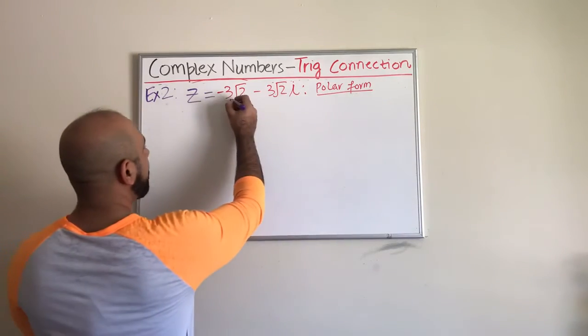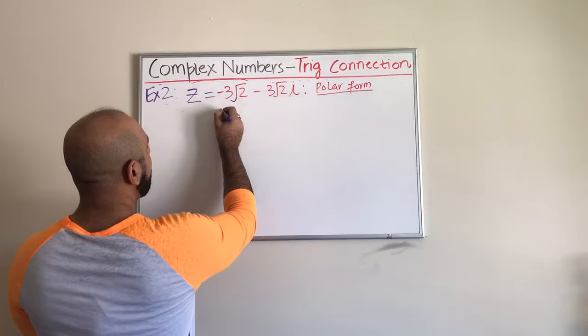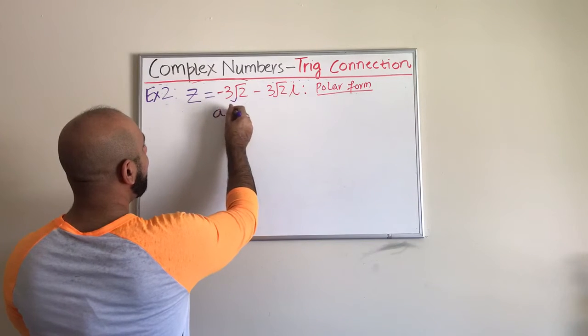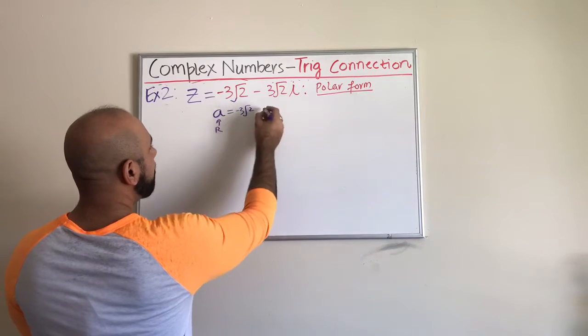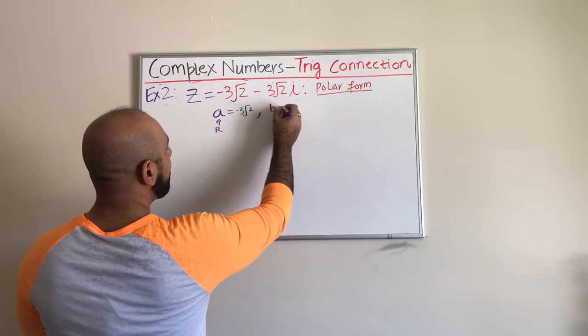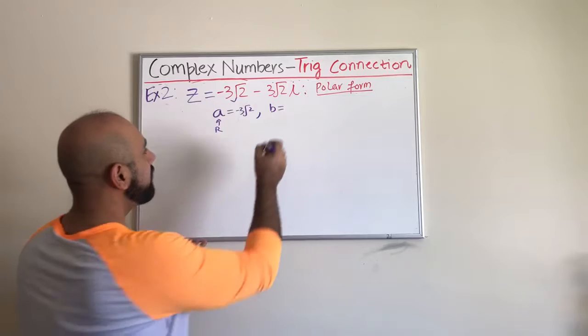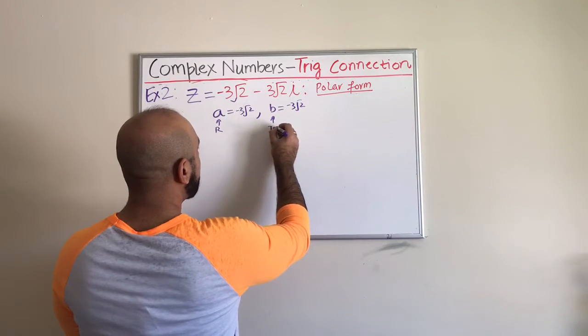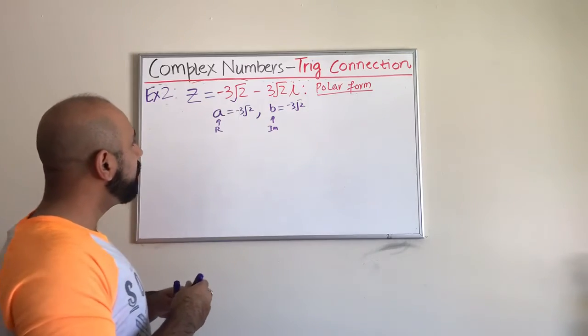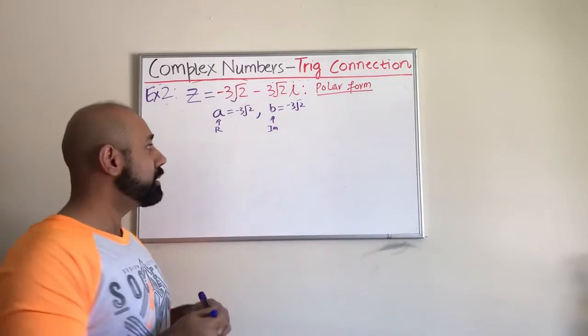So in this case, we have the real part, which we usually like to identify by a, is -3 radical 2. This is my real part, and then my imaginary part in this case is also the same, -3 radical 2, and that is my imaginary part. Guys, once we identify this, now we are going to go ahead and plot this point,